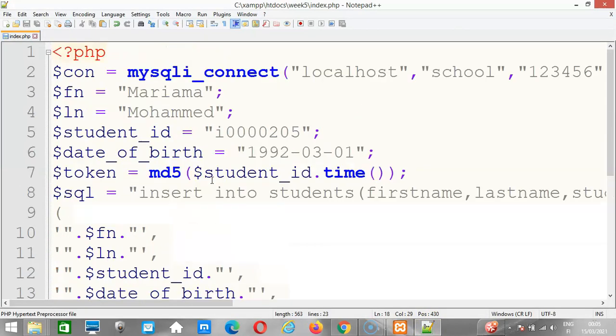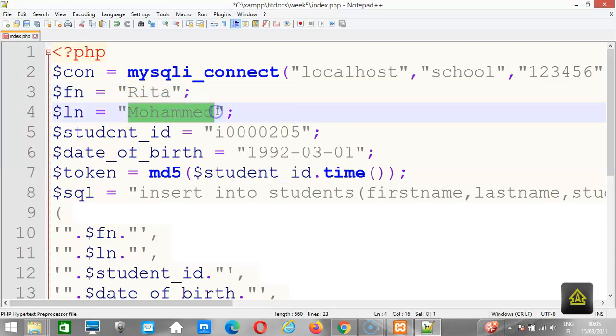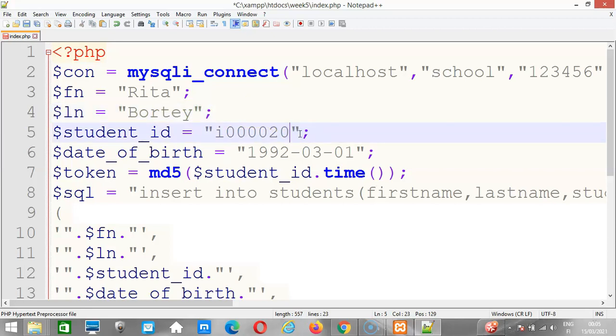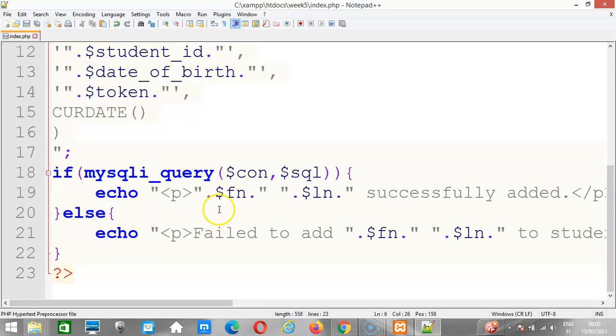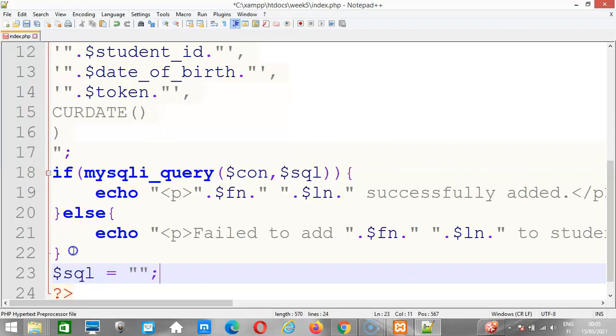but before that, because this will be executed, let me add another person. Let's say Rita Bote, and the ID, let's say 3, date of birth will be 93 of February. Okay, so this will set a new one. Now this will execute. Now we want another one that will update Mariama. So write the SQL is equal to update